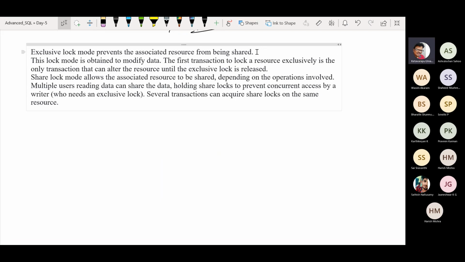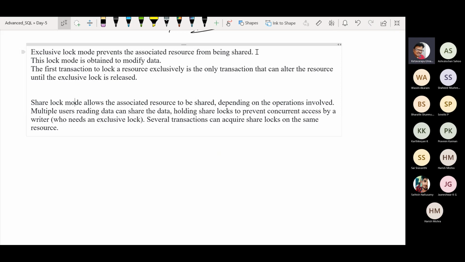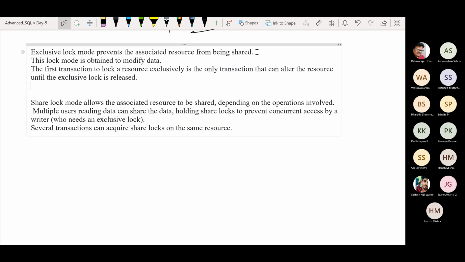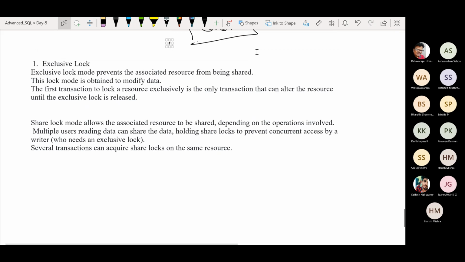Just let me format these, friends, in between. This is the exclusive lock. We separate these things involved. And here is the